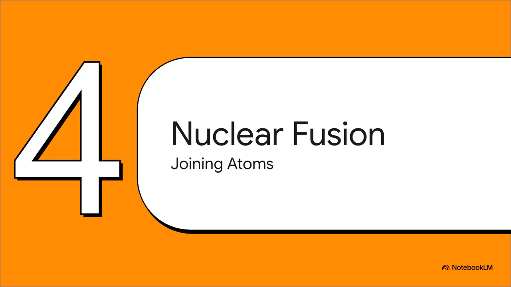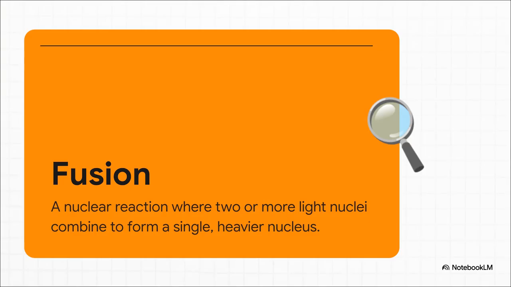Splitting atoms apart releases a staggering amount of power. But what if we could do the complete opposite? Let's talk about the process that powers the stars themselves, nuclear fusion. So yeah, this is nuclear fusion. Instead of splitting a heavy atom, we take two super light ones and, under insane heat and pressure, we force them to merge into one heavier nucleus. And just like with fission, the final product has less mass than the parts you started with,